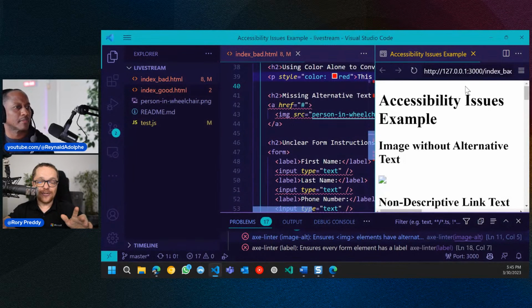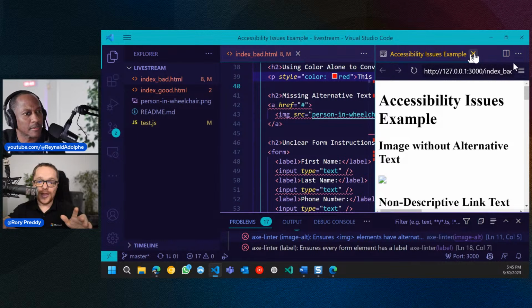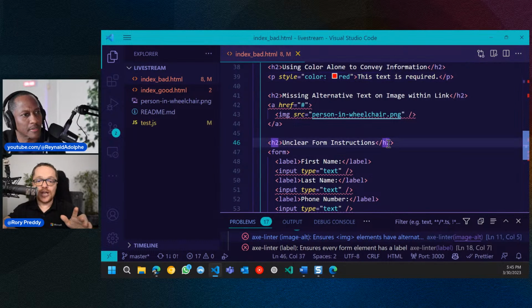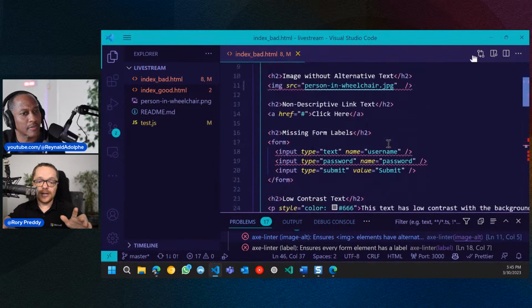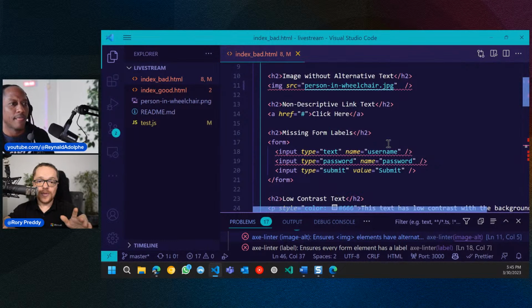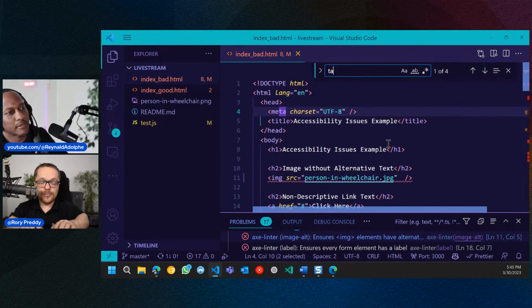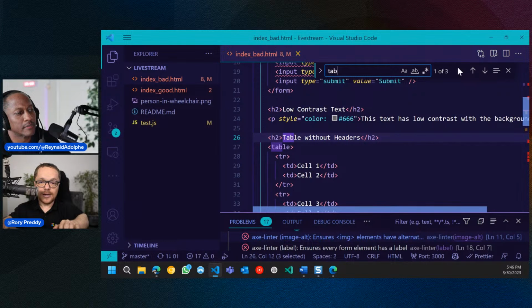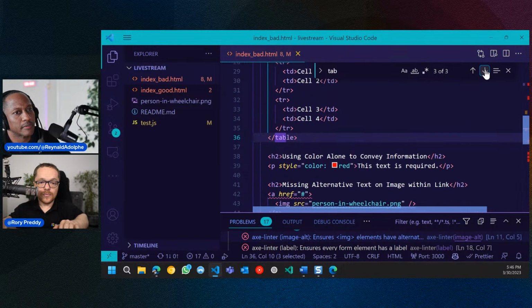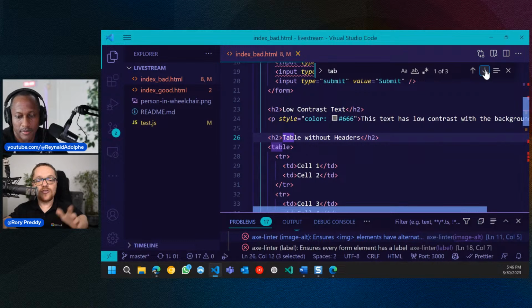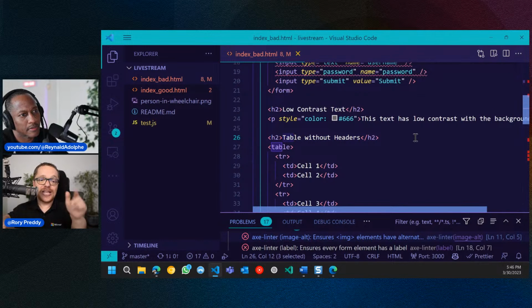ChatGPT didn't actually set us down that path with tab stops. But if you are going to change tab stops, let's go in and mess with those tab stops. So Control F and tab. Let's go down. Oh, it doesn't have tabindex in any of them. Okay, so that's why it worked so great, because it didn't actually have a tabindex in any of them. But if you do tabindex and you go like -1, or you choose the wrong number, you are going to throw people off though.